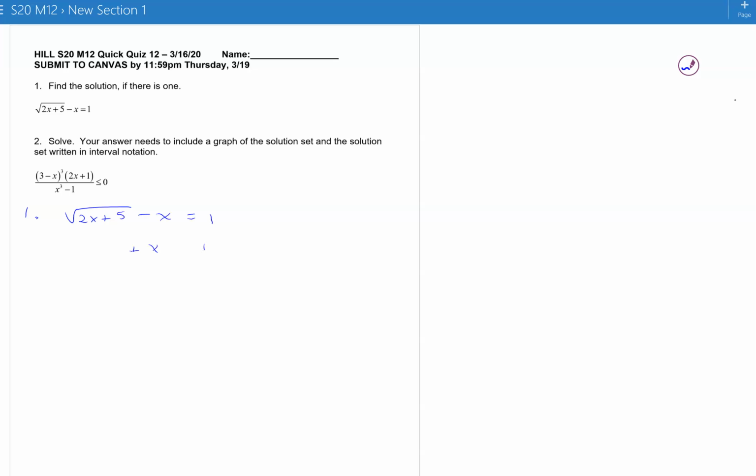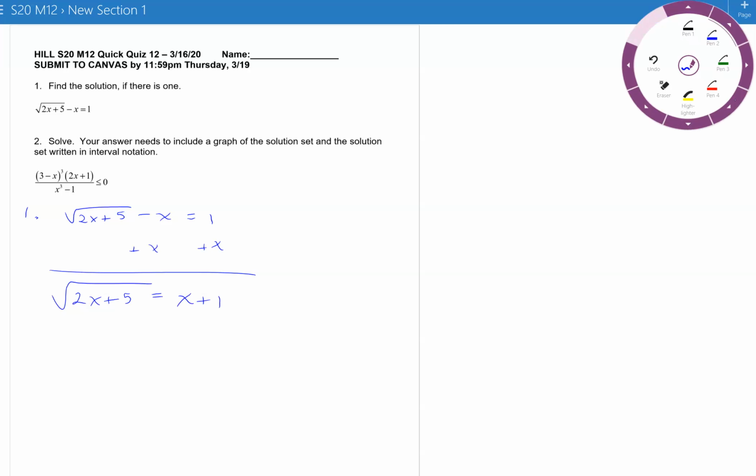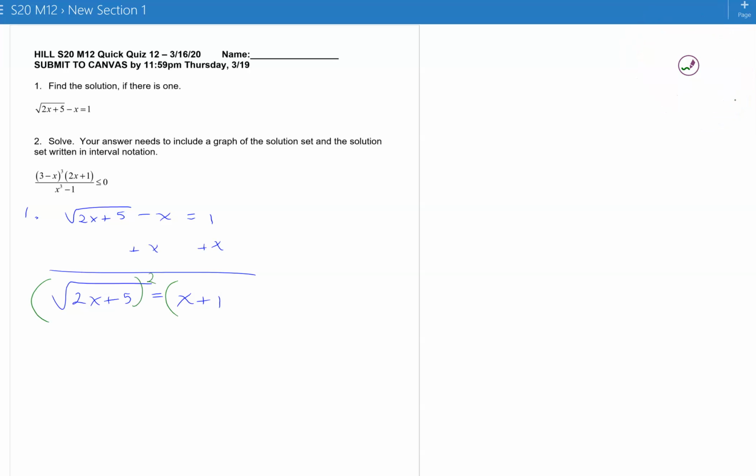Your first step when solving radical equations is always to try and isolate the radical. If you have 2, you can't do that. You're stuck and you have to square both sides twice. But here we just have one radical, so we want to get it all by itself on one side and then square both sides. Remembering that the side with x plus 1 squared means I have to square the binomial